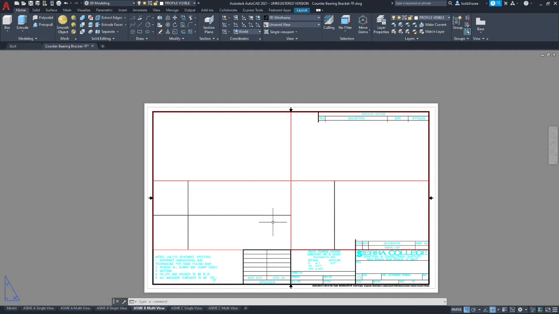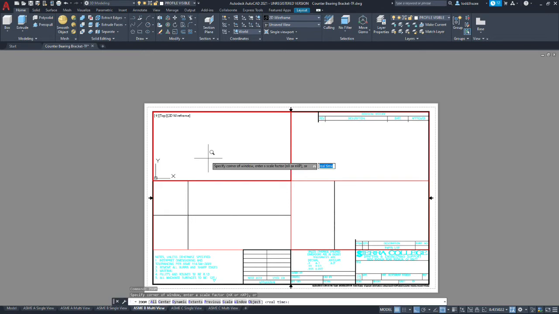So the first thing we do is we go to each viewport individually and double click in the viewport, and that'll activate it. And we're going to type zoom. Okay, and it's going to give you a bunch of options, and we're going to use extents. Okay, and so that zooms that viewport to its maximum extent.